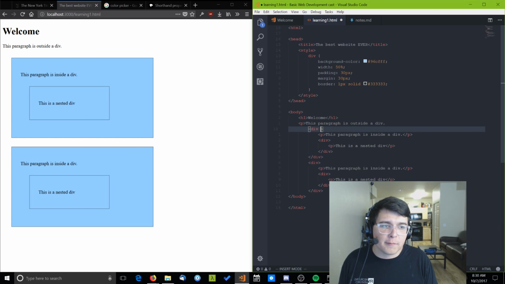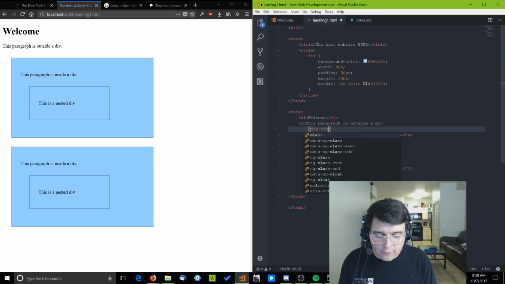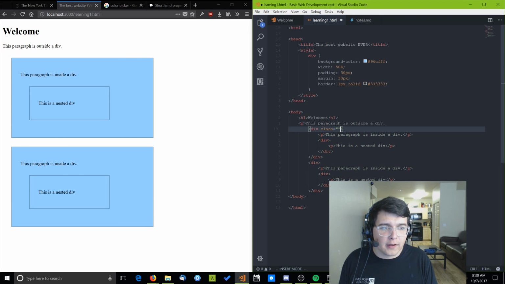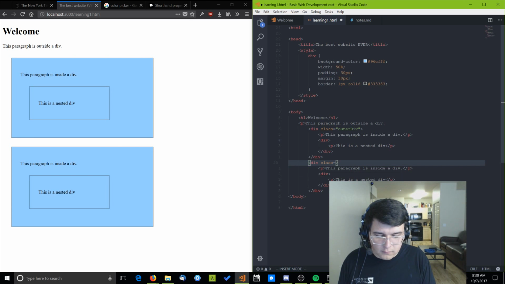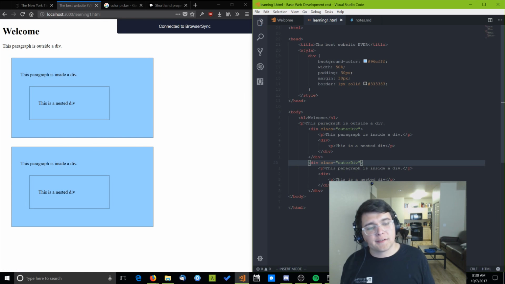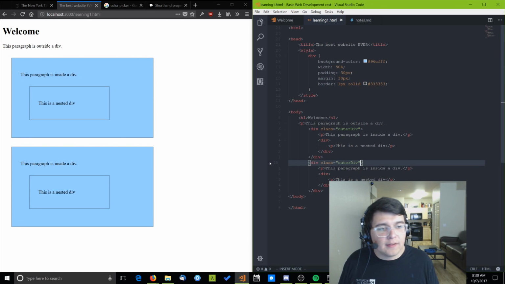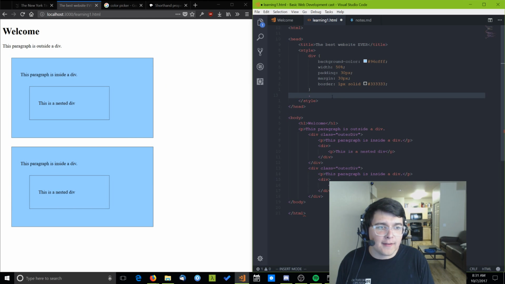There's two attributes we need to know, class and ID. I'm going to go over class first. A class is generally used if you need to style a bunch of similar things. We'll call it outer div. So let's say we had a list of buttons or something, you wanted them all to look the same. This is how you would do that. And then if you give something a class, a group of things a class, you can reference that class with a dot and then the class name